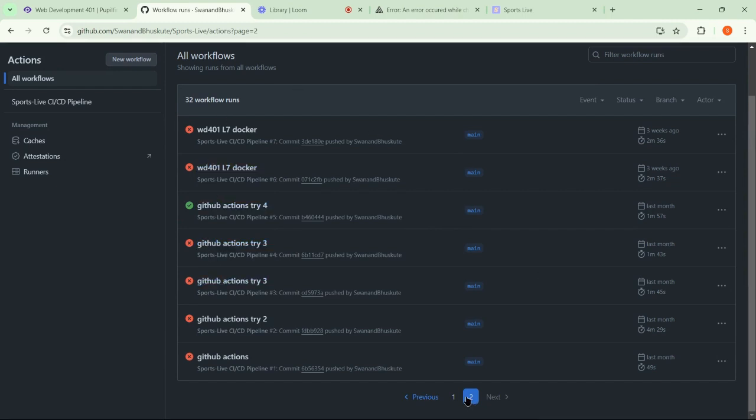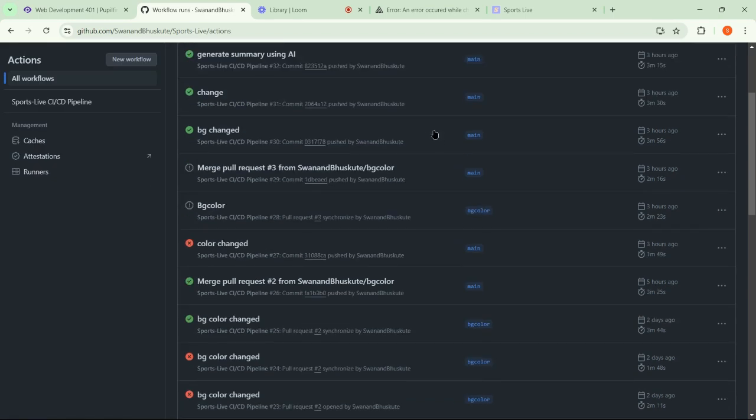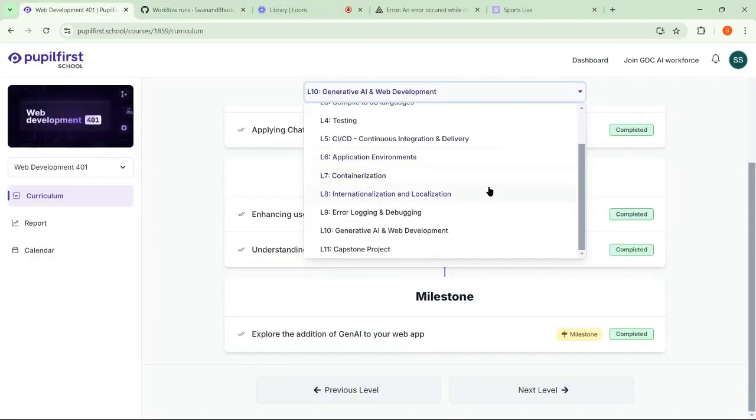Again they failed twice because the Jest tests were passing, but the Cypress tests were failing. So I had to iterate over the Cypress test again and again. And then the second job, that was building the Docker image and pushing it to Docker Hub, was running properly. Then again, level 8, that is internationalization and localization, was also a pretty easy